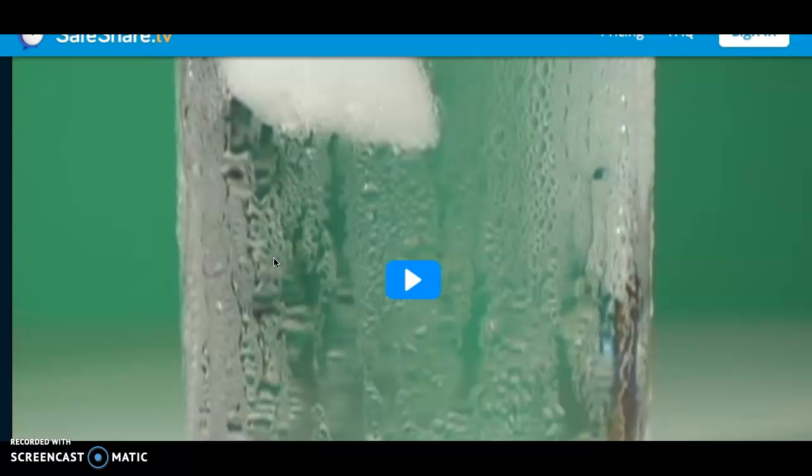Awesome. So the air molecules would hit that glass, and that glass is filled with cold, ice cold water. As the air hits the glass, those air molecules slow down and lose a lot of energy because the glass is really cold. As those molecules slow down, they attract to the other air molecules, causing the moisture in the air, or those water molecules, to condense or gather together